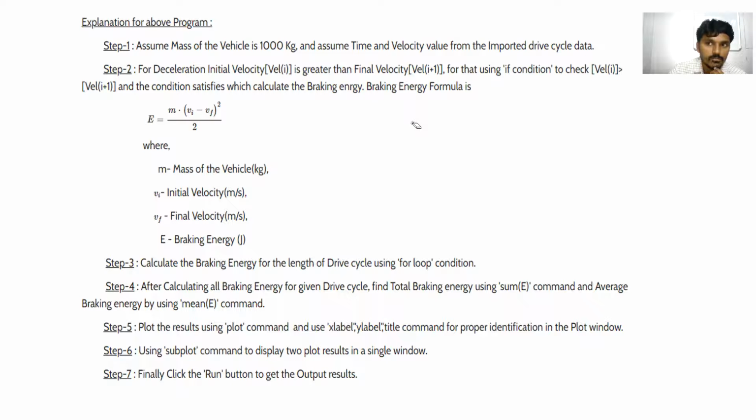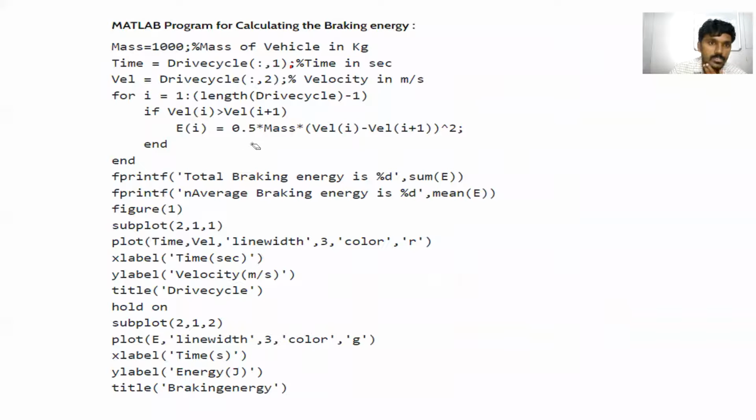We are going to give one formula, that is E is equal to half. Half is nothing but 1 by 2. 1 by 2 is nothing but 0.5 into mass into velocity square. Half, 0.5 into m into v square. V square is nothing but the velocity of the vehicle when the braking is applied minus the final velocity of the vehicle. Okay, that is whole square.